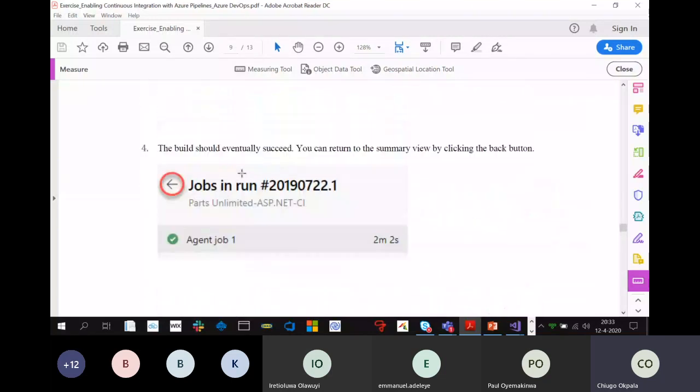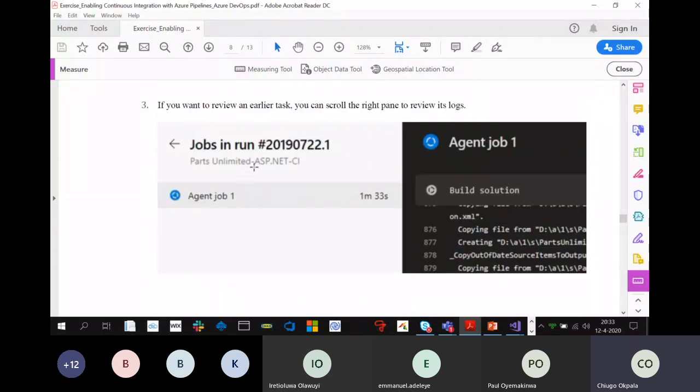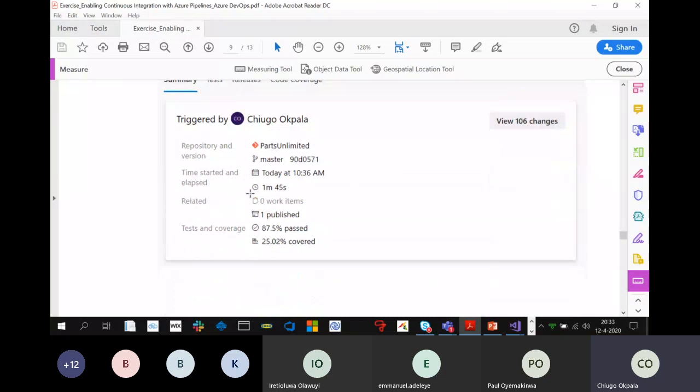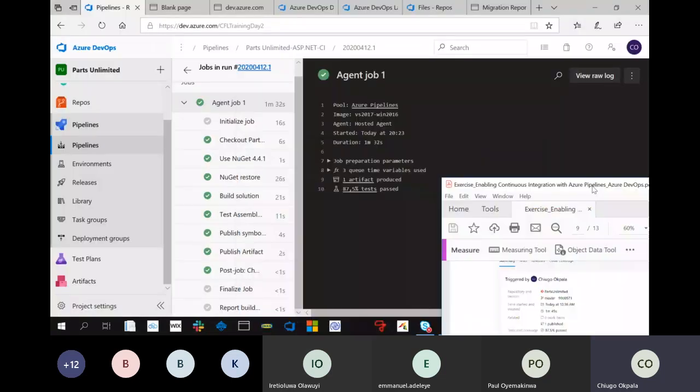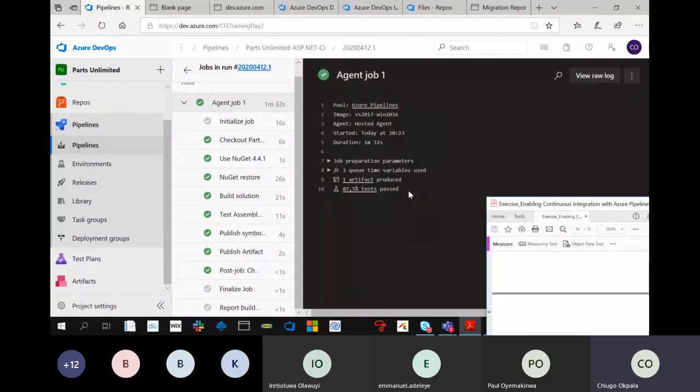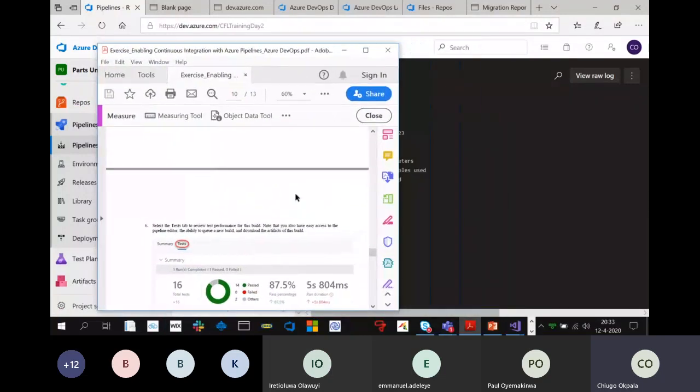So when that build is finished, you get a chart. This is what we saw, and then you get a chart like this giving you the information about the builds. This same information is what we are seeing here. And after that, you will now see,